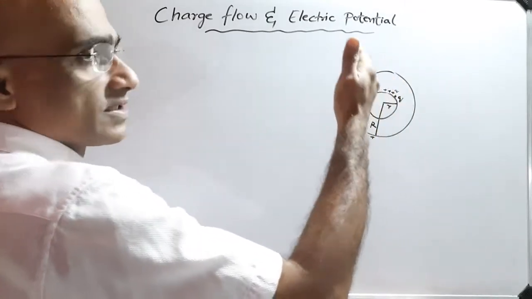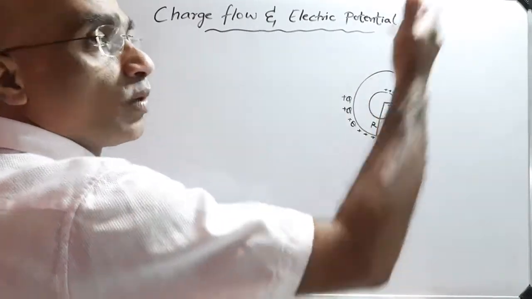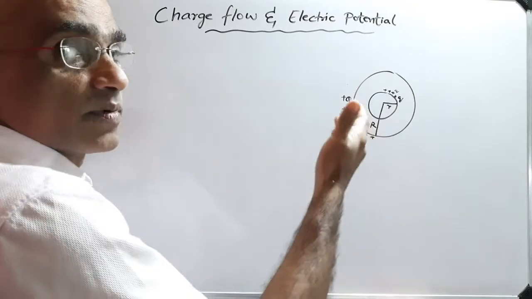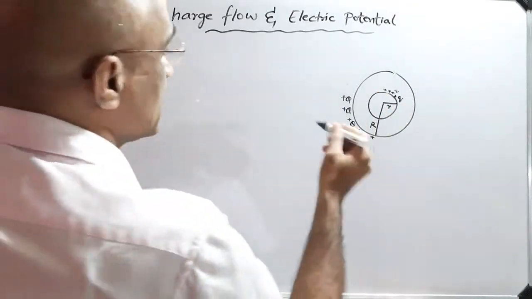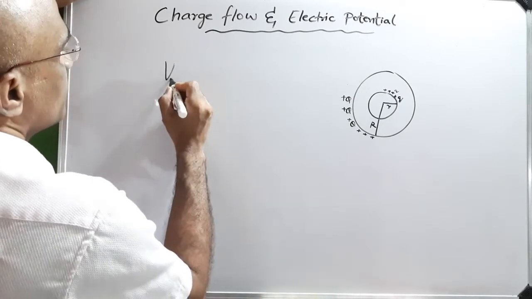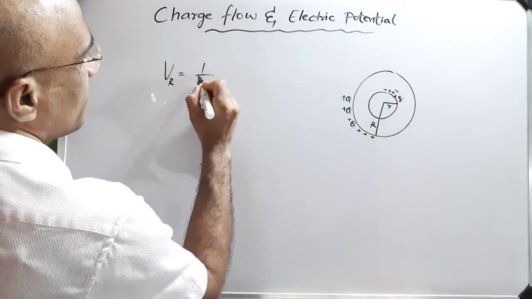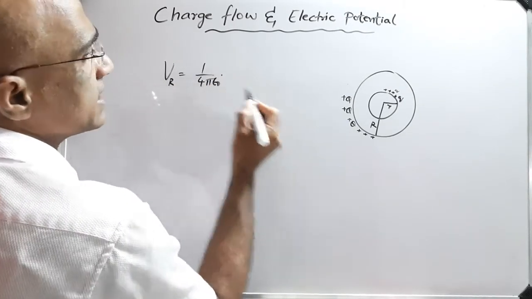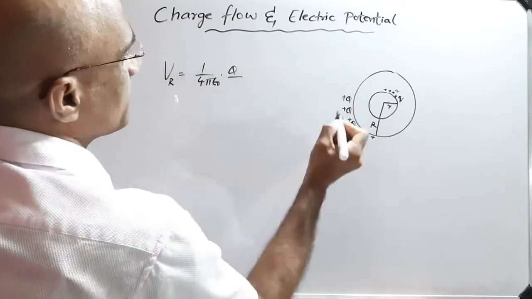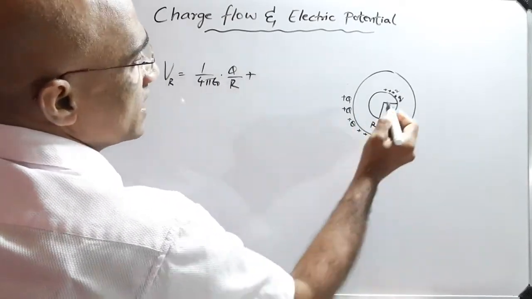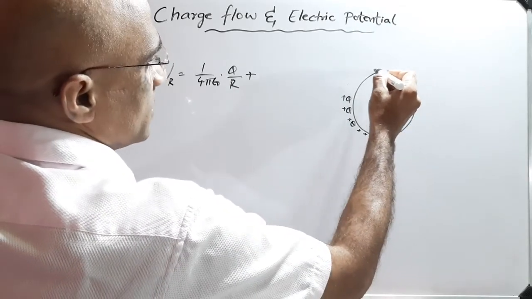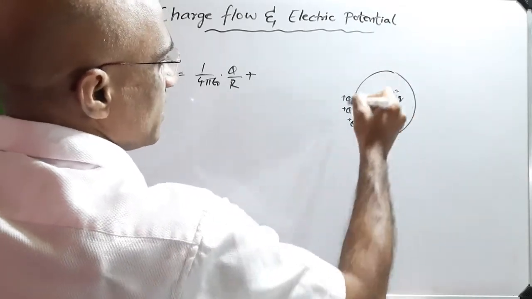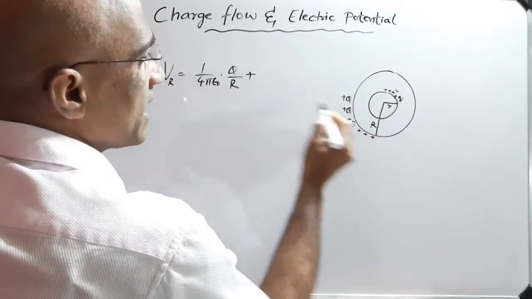Now, to explain the potential, we have learned that the potential because of charge on a surface is nothing but the amount of work done in bringing a unit positive charge from a point at infinity to the point of consideration, and we have derived an expression for that. We will write V of capital R is equal to 1 by 4 pi epsilon naught, and we have capital Q divided by capital R, plus, because we have potential because of the charges residing on the outer surface, we have Q by R, and we have